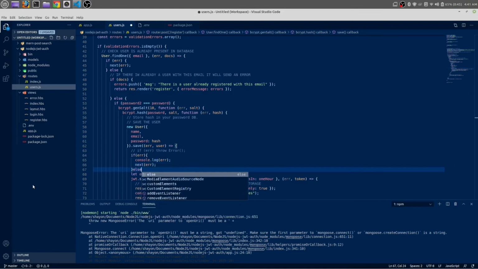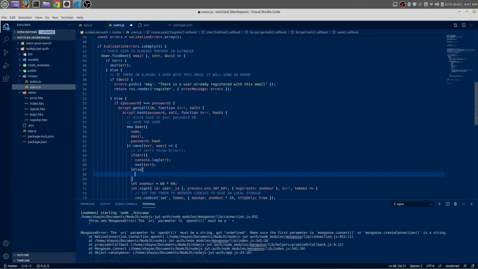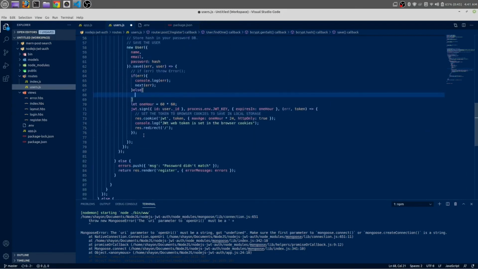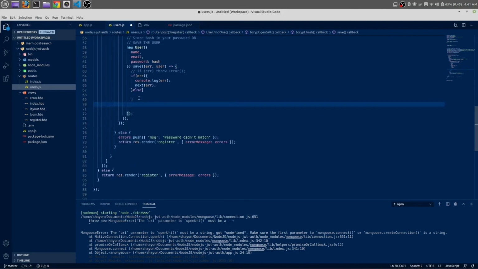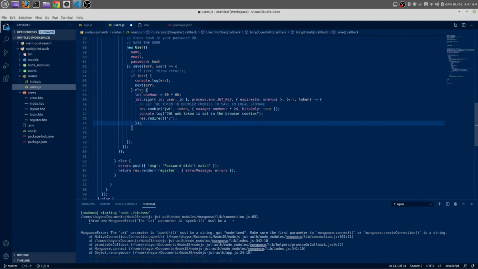Else, in the else condition, we are going to set our JWT token and we will redirect to the login page. This is the users login page, users/login.